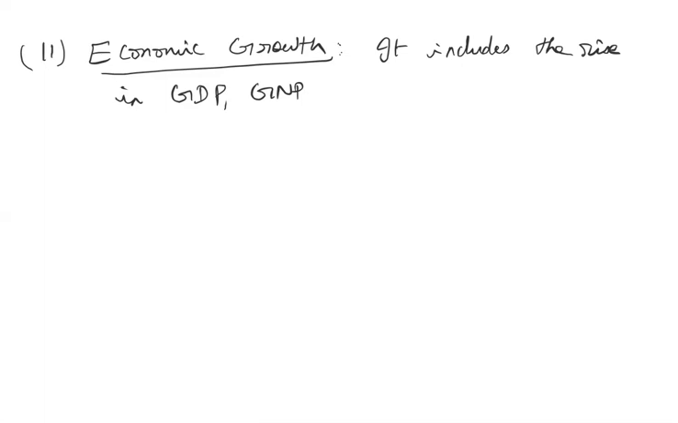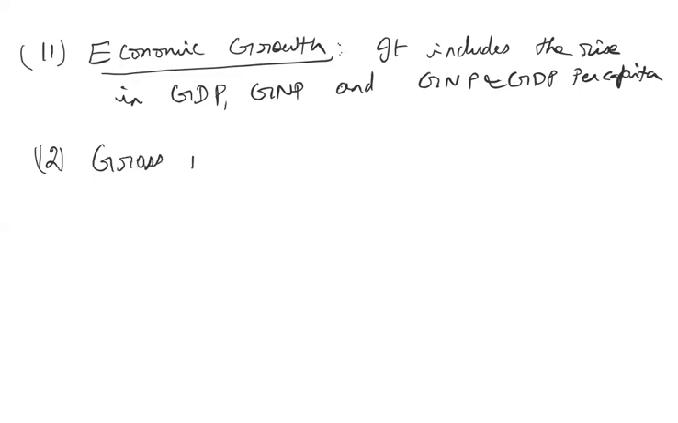Either it is GDP, GNP, and also GNP and GDP per capita. In other words, either it is the national income or it is the per capita income. So without any doubt, this is one of the most important indicators to know about the growth of any particular country. And then the last one that we have, the gross national